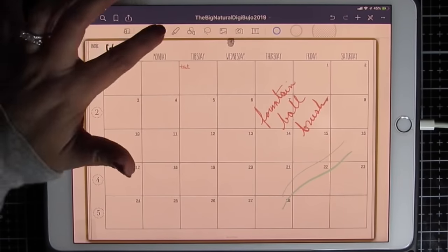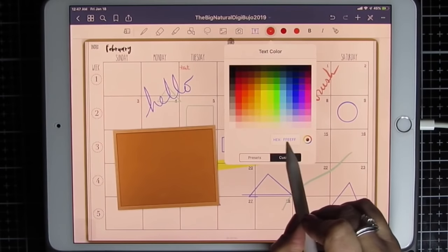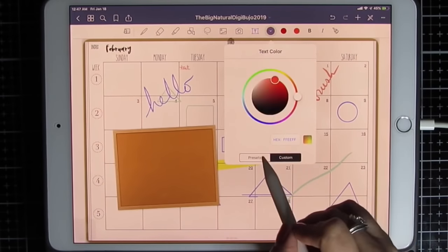Alright, camera, you can actually use a camera, but I've selected not to. The next option is text. So I've already shown that a little bit here. You can select your text color the same way as your other writing tools. Okay, you can select a hex code or the color wheel, and your presets work the same way. Just pick the ones that you want shown all the time for texting purposes,